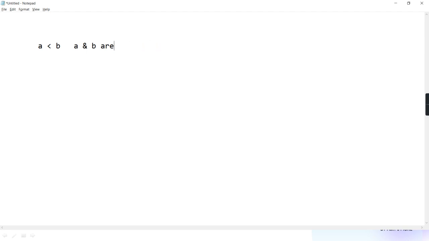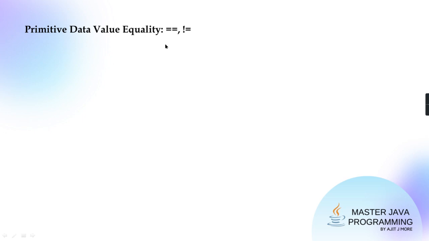But if I apply it on equality inequality, can A and B be reference also? Yes. That's the reason this operator is kept in a separate category. Here A and B can be primitive and A and B can be reference also. But now in this context, when we are learning, it is primitive.